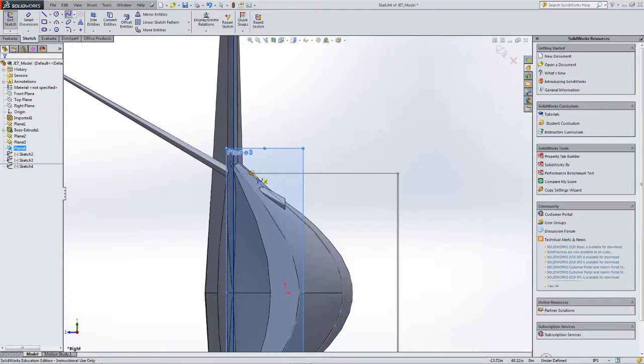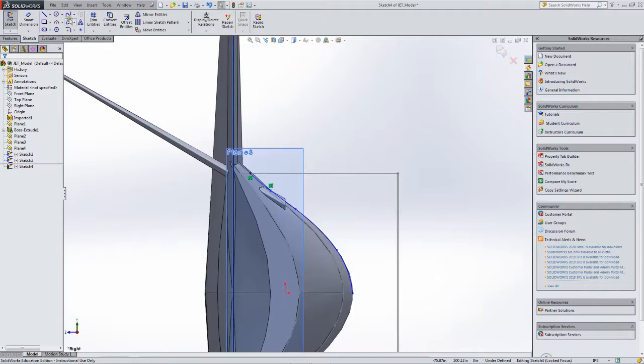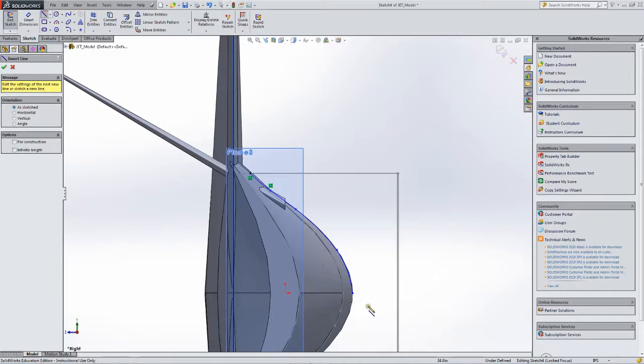So here we are, we're drawing in plane 4. We're going to follow that thing around down to here, hit escape, do our usual box around,